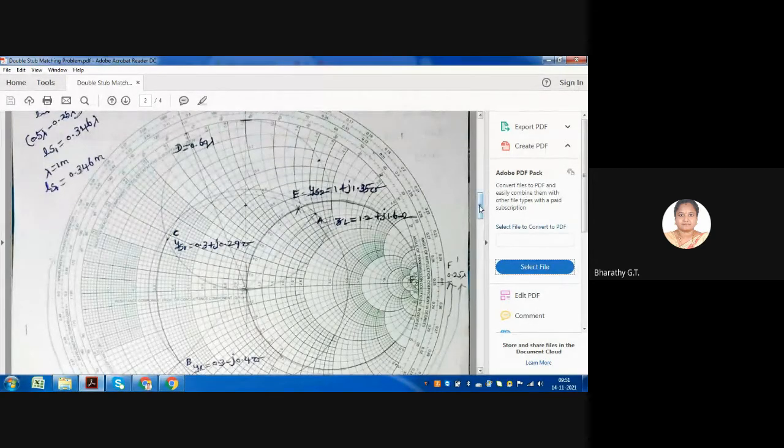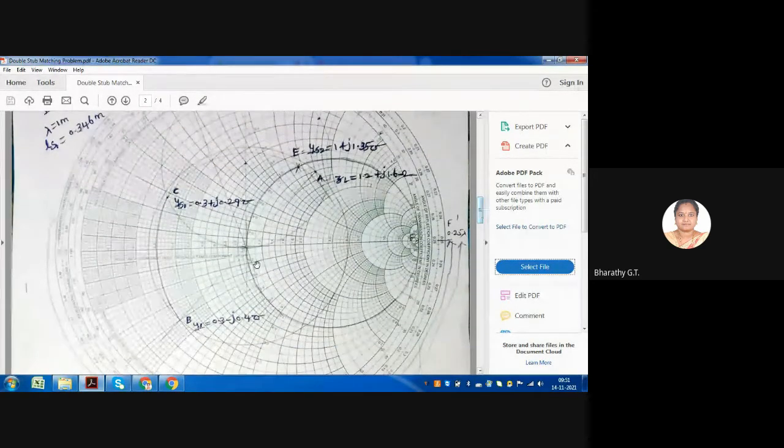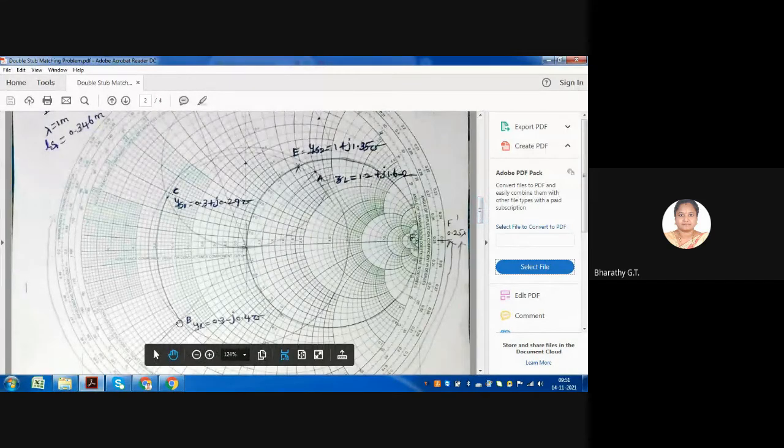So what is the next step? Once you have drawn the G circle, what you have to do? You have to shift the B point to the C point where it touches the G equal to 1 circle. அப்போ B ல இருந்து C க்கு நம்ம மூவ் ஆகும்போது what is an important point that you should make a note of? Only the susceptance value should change. The admittance value should not change, அதாவது real value வந்து change ஆக கூடாது. Only the imaginary part has to change.